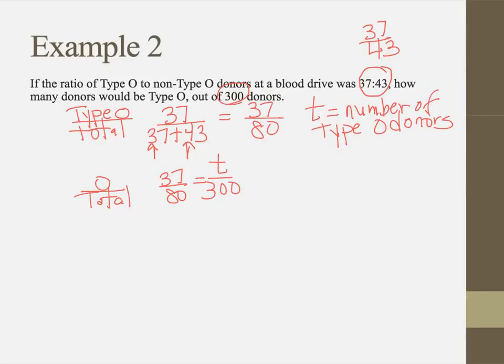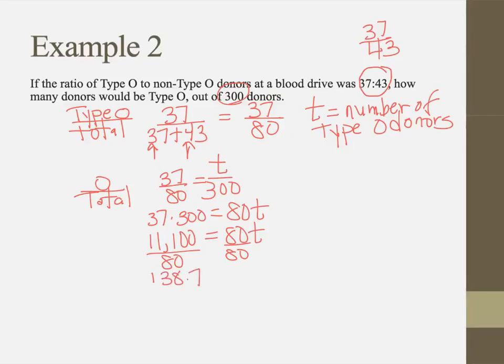So now we do our cross products. We do 37 times 300 is equal to 80 times T. So that becomes 11,100 is equal to 80T. We're going to divide by 80, and we get 138.75 is equal to T. Well, here's the thing. You can't have 138.75 people, so our final answer would be